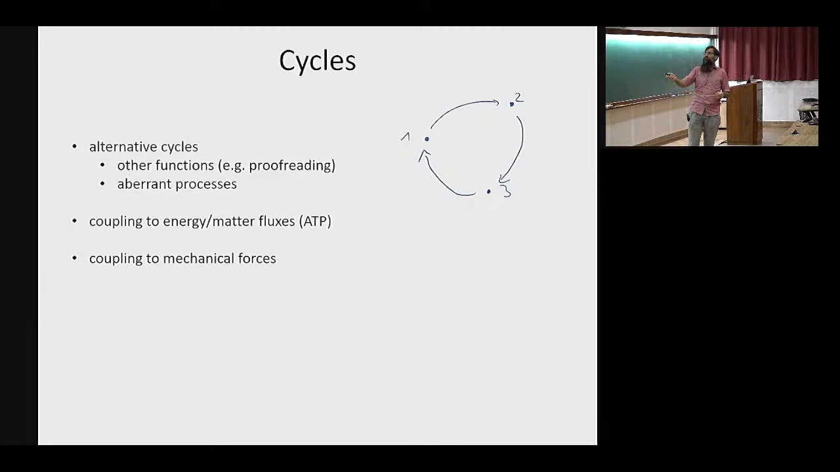Okay, what's important in all these cycles, and this we'll see more later, is that they typically have some coupling to some energy source, typically ATP, because that allows us to get this cyclic motion in a certain direction, which is what these machines need. And the other thing that we will get to is that